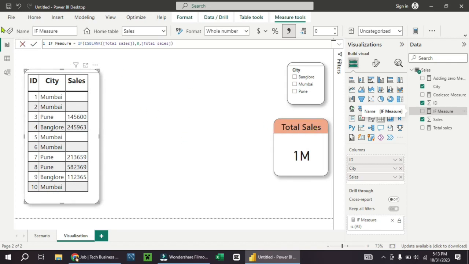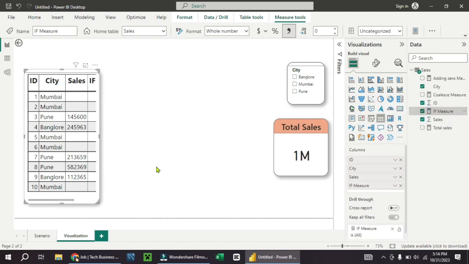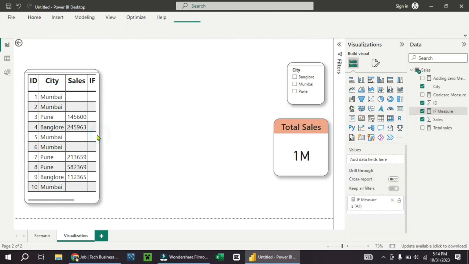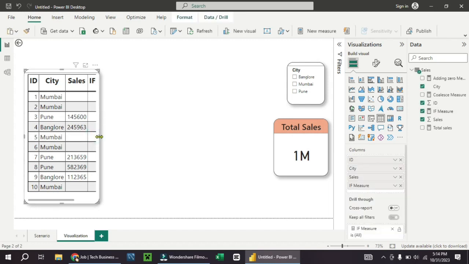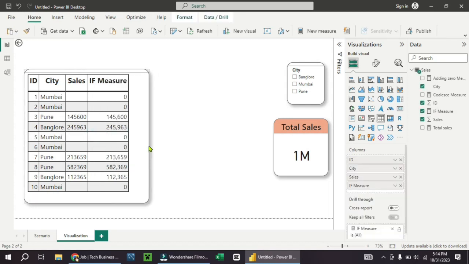Now if we use this measure in this table, we select this. Here you can see we are getting the 0 value, as we have used the IF logical DAX function. It's showing if the value is blank, we get 0, otherwise we get the total sales, whatever is present.